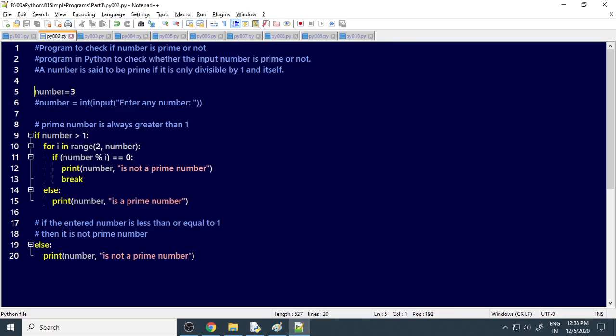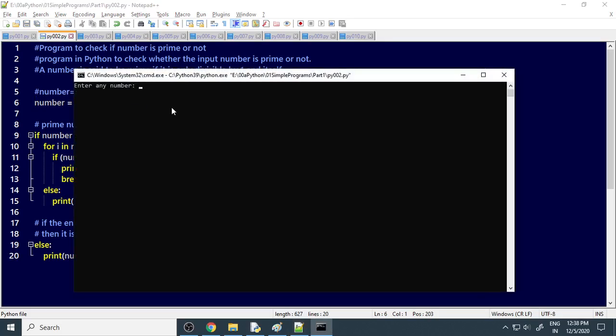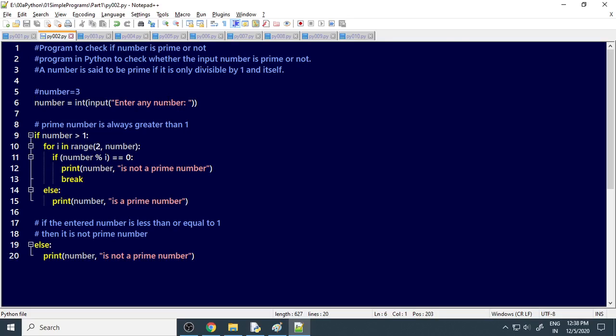So now instead of hard coding it, instead of entering the default value, we'll ask the user to enter the value. Again same thing what we discussed in the previous example. So now you can enter whatever number you want. You say I want to find whether 121 is a prime number or not. Let me check. So it's not a prime number because it will divide by itself and 1 only, so therefore it's not a prime number.